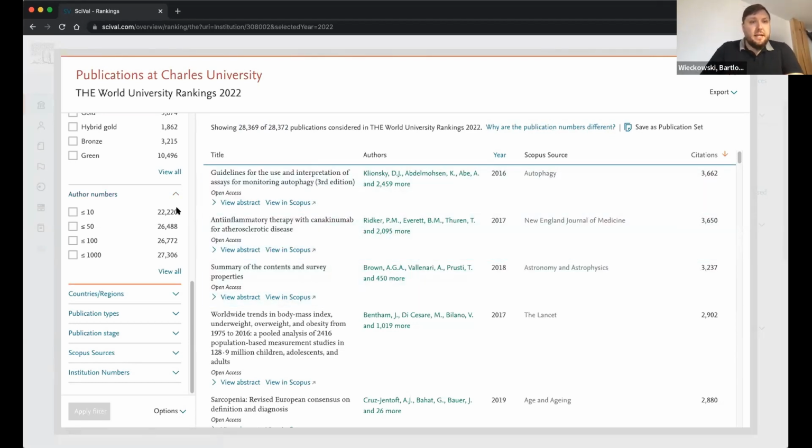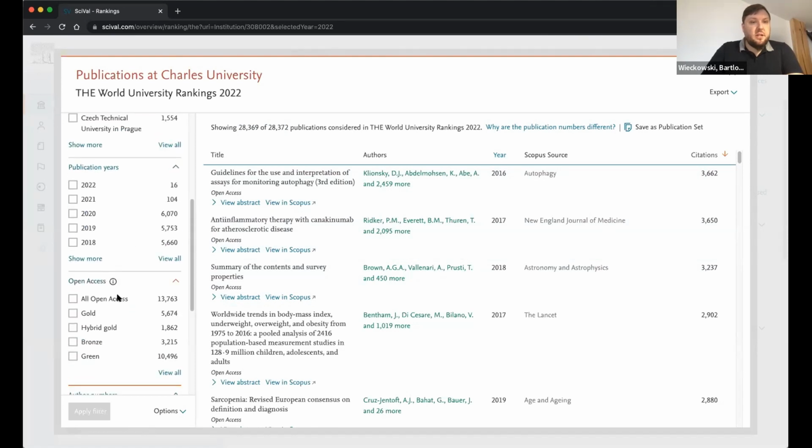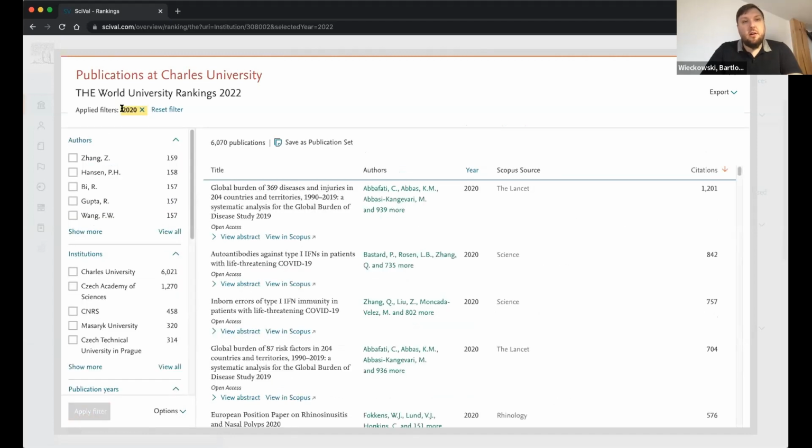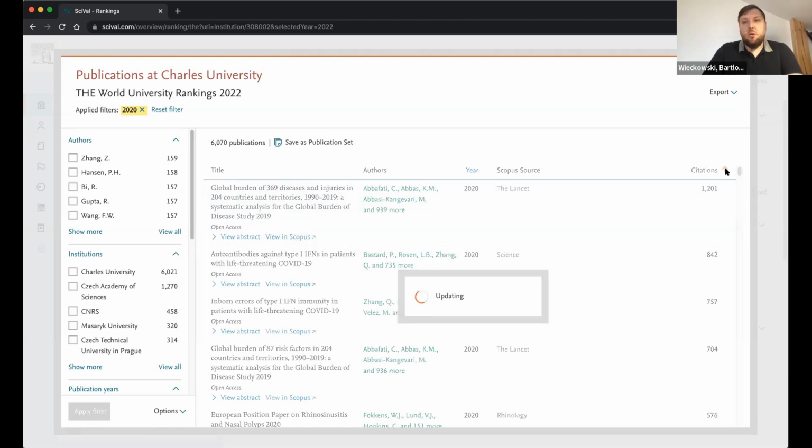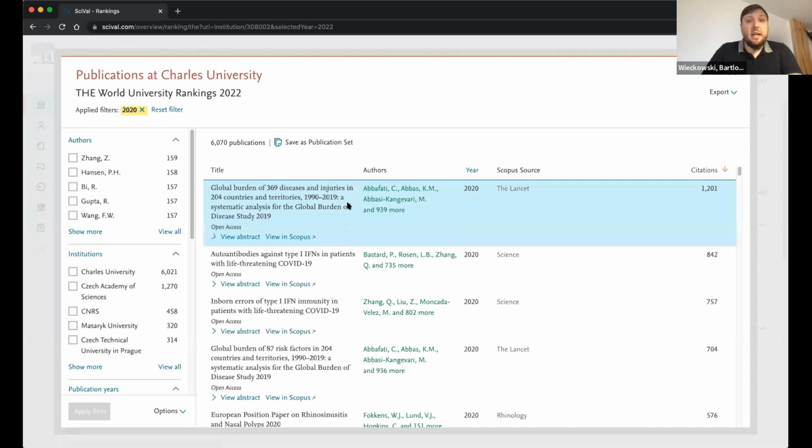So okay, we can export, we can filter. For example, if we are interested in seeing publications from only 2020, we can apply it, and in the top right-hand side here you see the filter is active, and then we see only publications from 2020. We can sort, we can do whatever we like, or even, a very important thing, if you would like to use SciVal for deeper analysis, for example, to analyze publication sets, okay, how big is the impact of those publications. Let's say